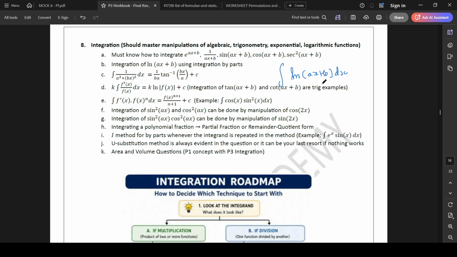Whenever you have an ln function to integrate, you must remember that you can multiply it with 1. Then differentiate the ln term, integrate the 1 term, apply the integration by parts rule over here, and solve this integration. Then comes the next key pointer, that is the integration where the result will be in the format